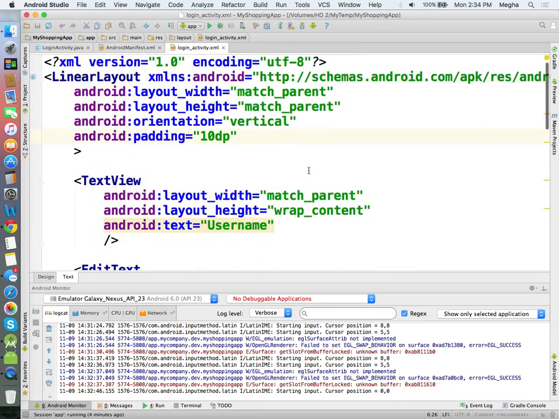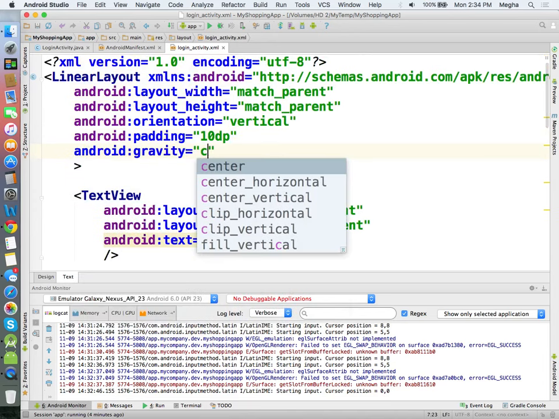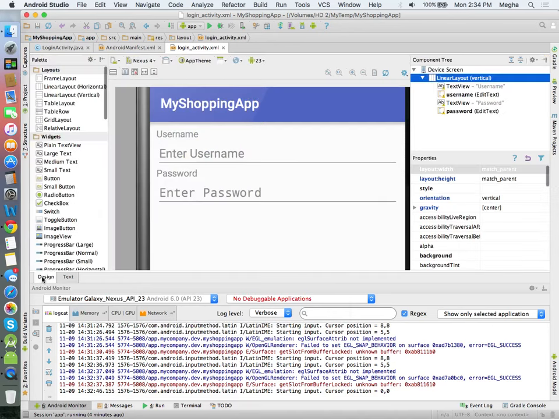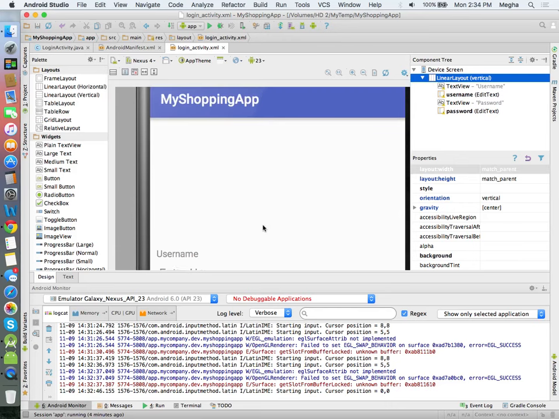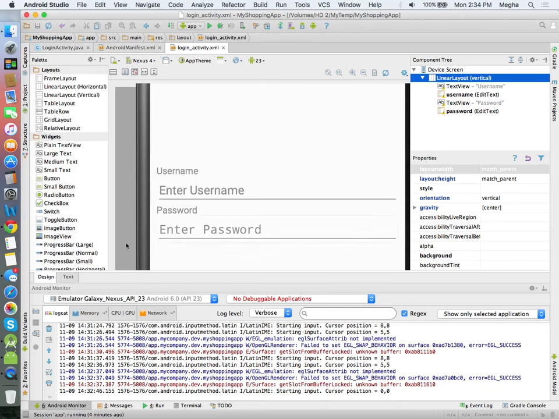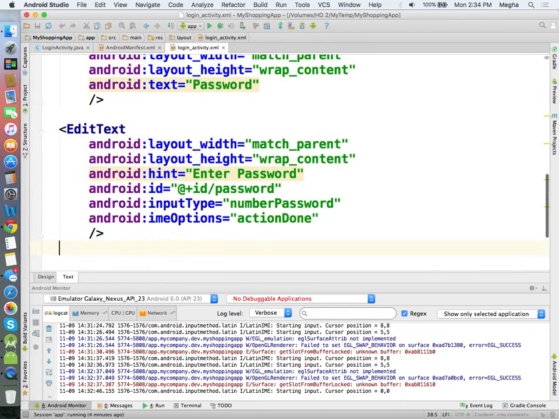I think probably we can keep it in the center. All the children would be put into the center of your screen. That'll be much better, instead of keeping it on the top. I purposely keep it in the center. And finally, a button.